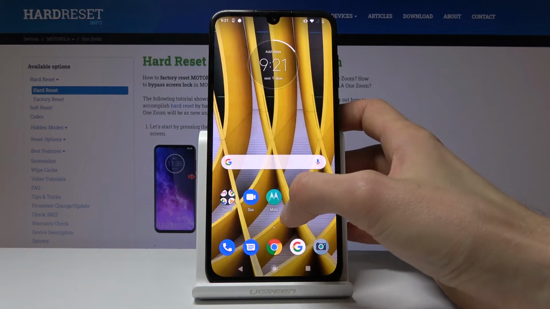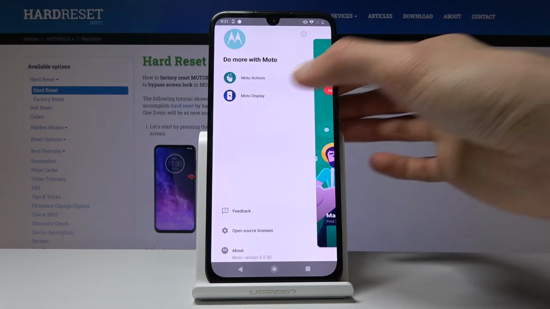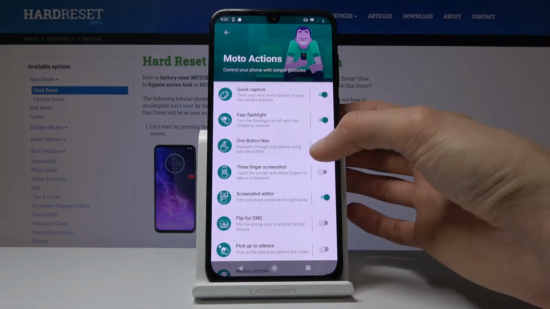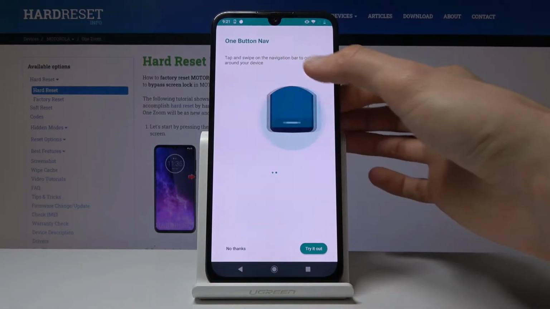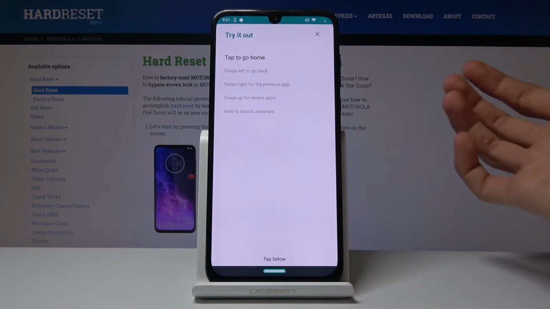So you want to go into the Motorola app right here, then tap on the bars right here and go into Moto Actions, where you can find one button navigation. Once you select this, you will have a little guide on basically how to use it, to try it out. So tap to go home,